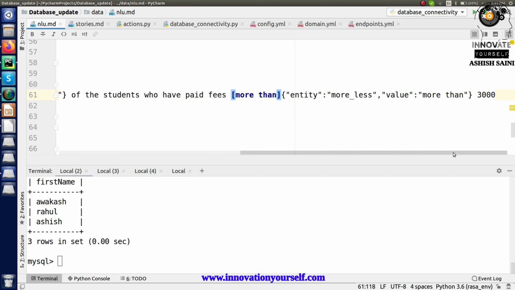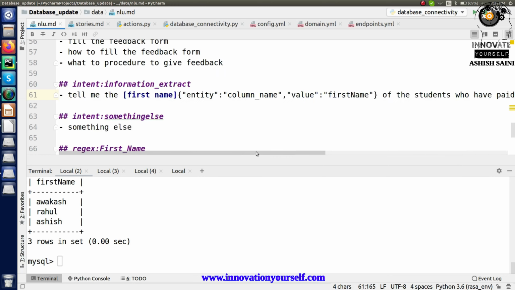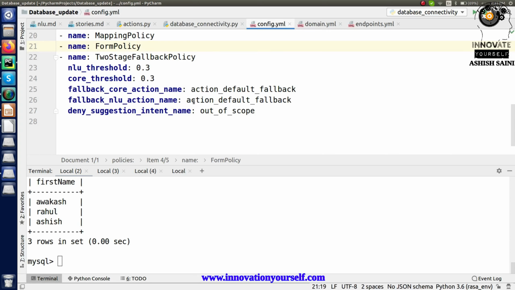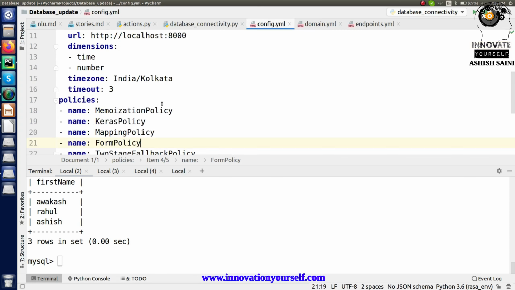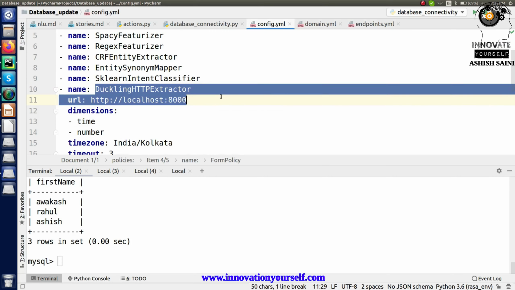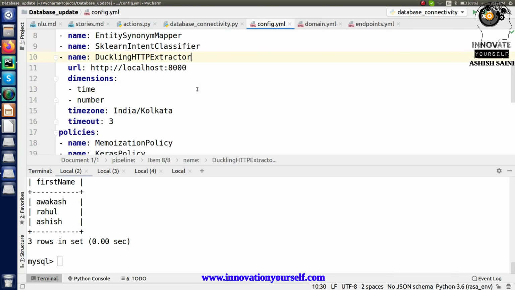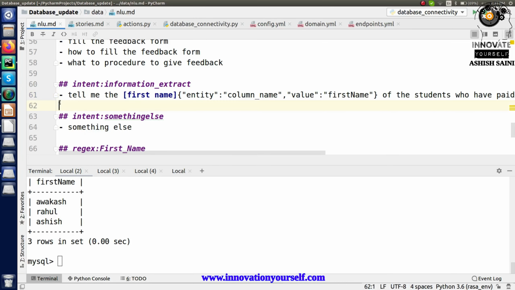Similarly, the last thing is the value of your number, right? For the value of the number, I'm not going to make any separate entity. Instead, just because I'm using the duckling part, I can directly make the configuration changes over here, right? If you don't know about this part, you can check one of my previous sessions, where I have also explained the duckling part, so you will be able to understand it more clearly. Now let's move ahead. Similarly, let me add 2-3 more points as well, right?